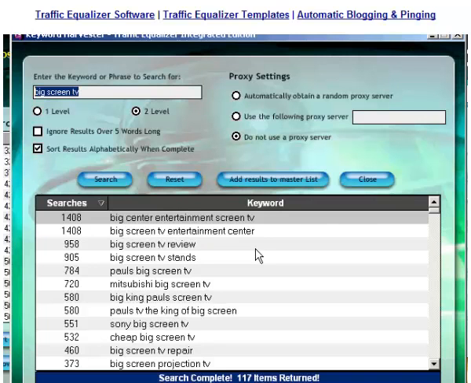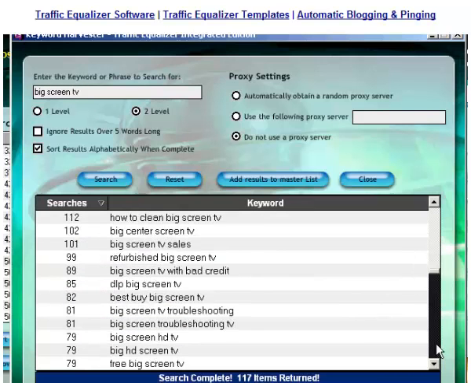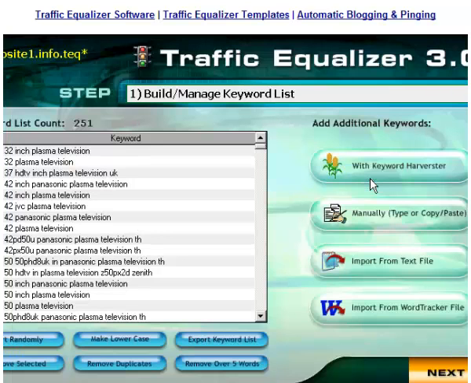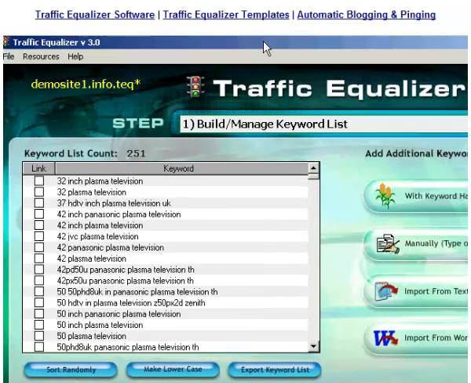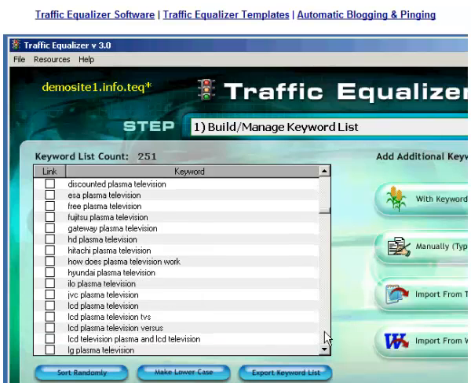So that's how you can keep searching for related terms. And from a single search, by looking through your list and seeing related, relevant terms, you can then keep doing searches on those related terms and keep growing your master list. So let's leave it at that for now. So close. And let's bring the window over here. Okay, keyword list count 251. And if we have a quick look through,